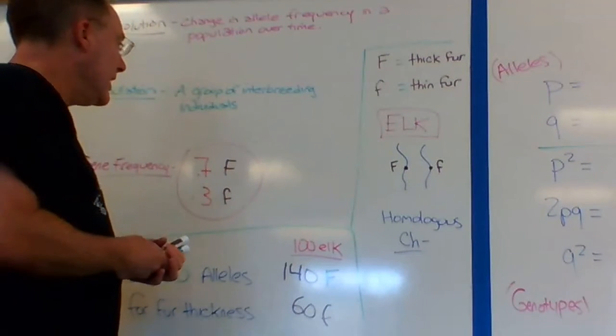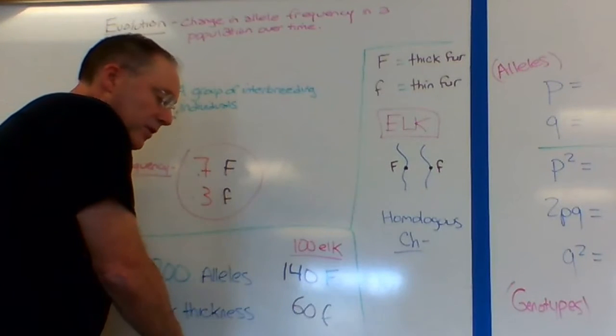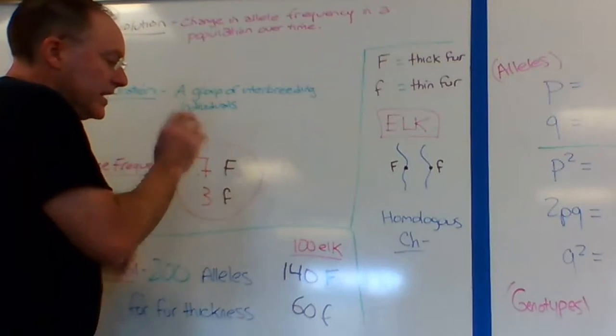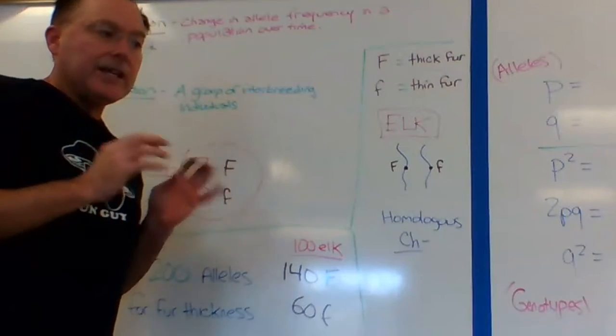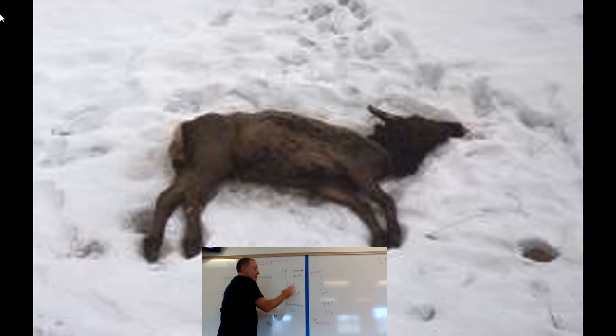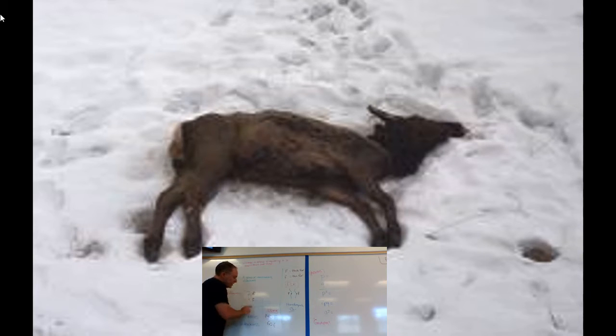Let's then imagine that we have certain environmental conditions that exert selective pressure on these genes, like if it's too hot or it's too cold. So let me show you this picture. Let's imagine that we have a cold snap and individuals that have little f, which has given them a recessive condition where they have thin fur, maybe they die and they don't pass along those genes. Would this gene frequency change?